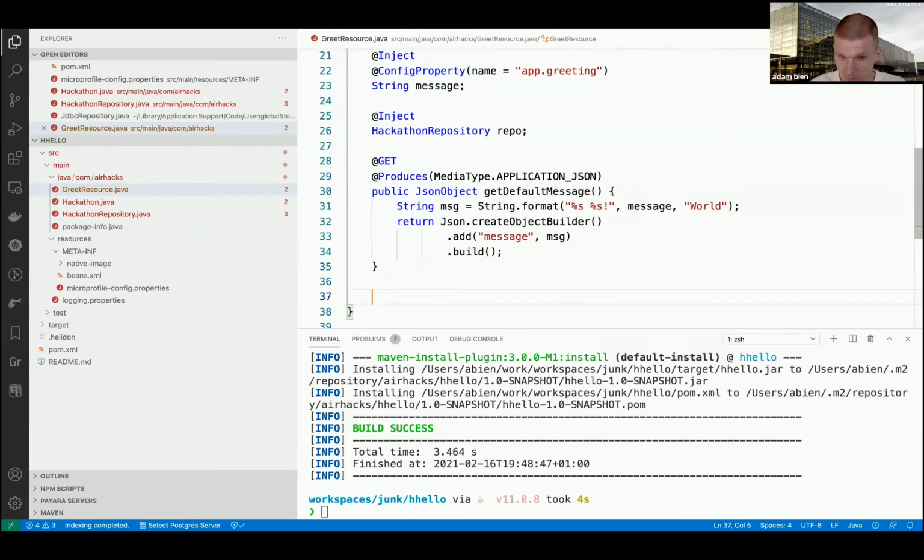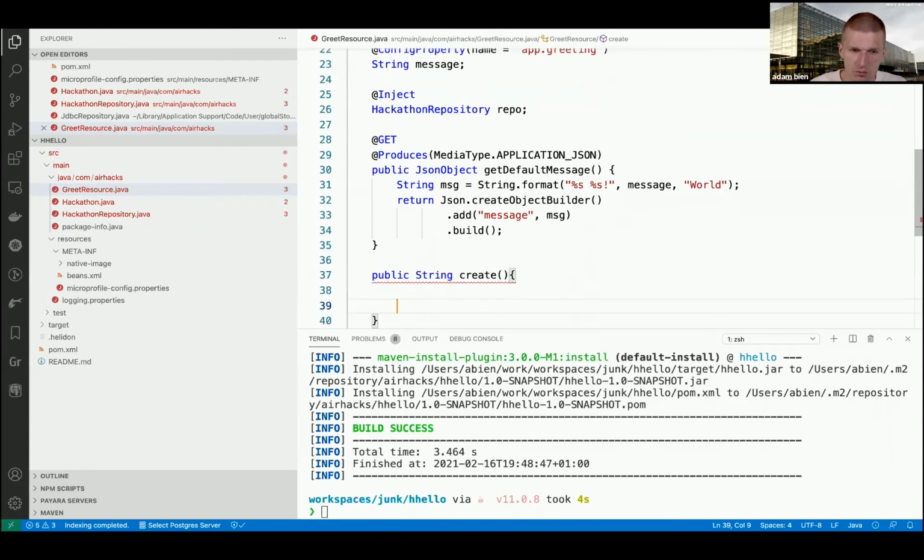I could create a public void post method, and let's do something here so that I see that it works. Return is working, and here I can say post,